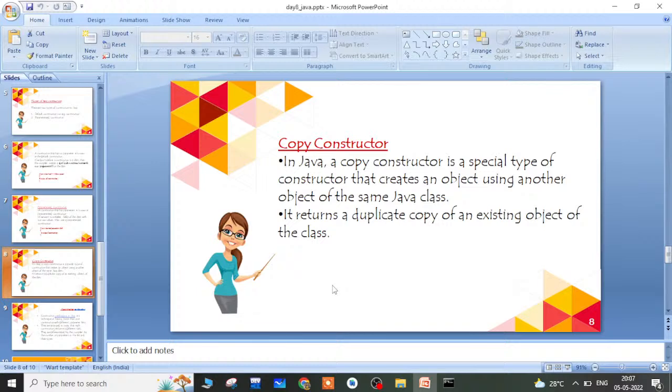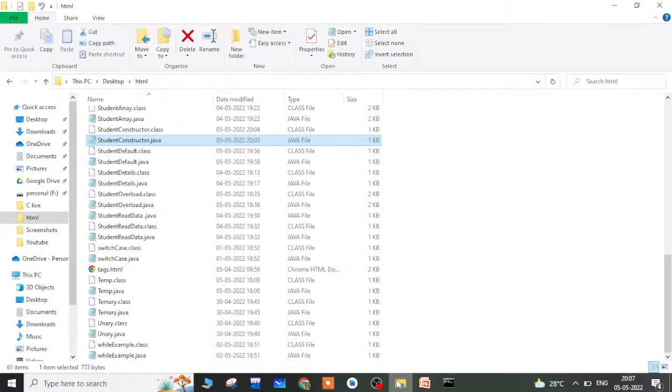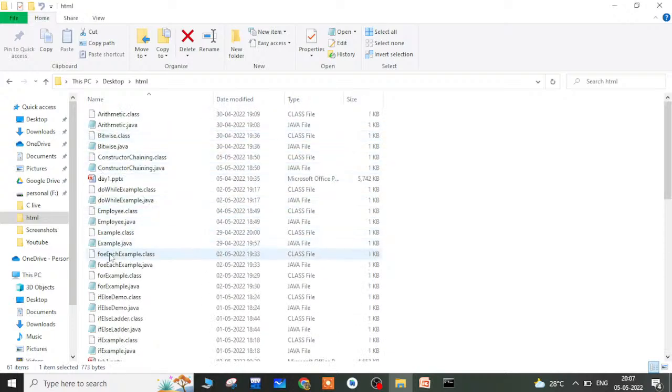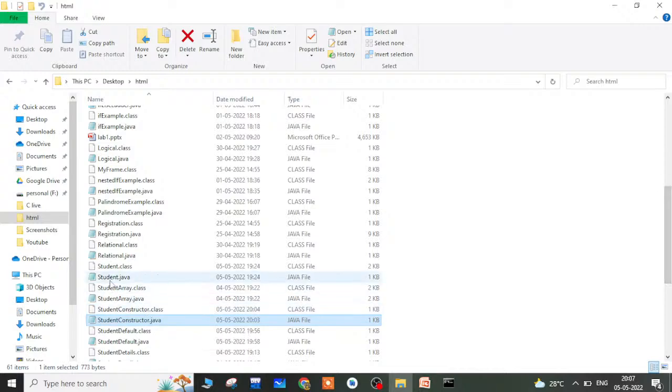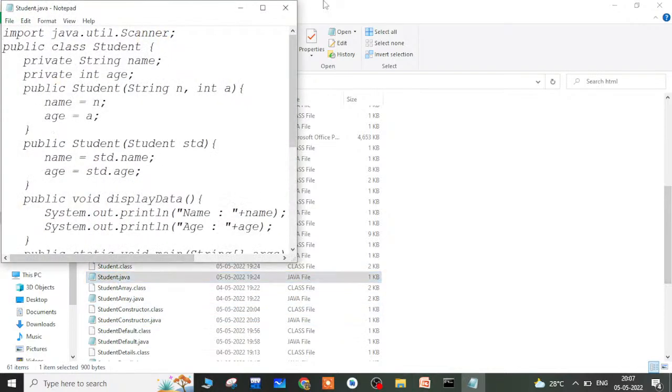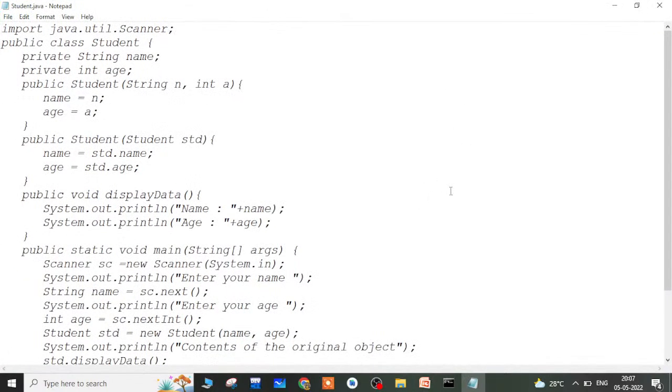So I'll demonstrate with an example. We have a copy constructor example, student. So this is an example for